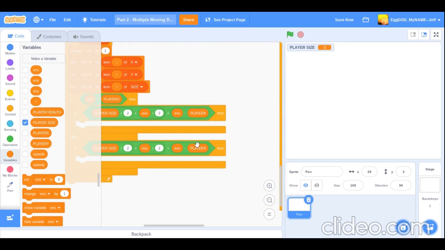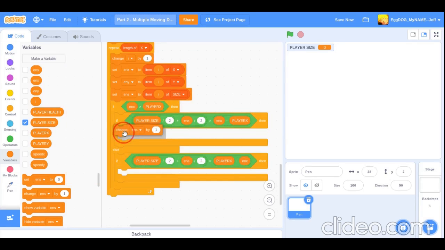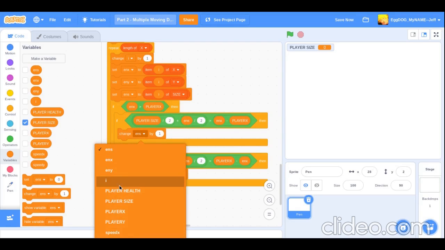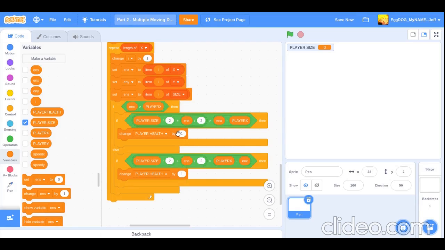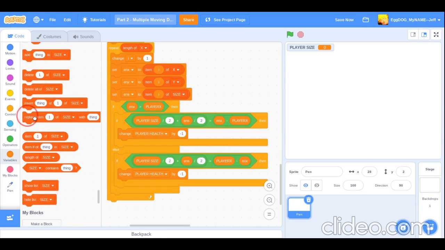Duplicate the subtraction, and we'll just switch places here. Oops. If it is, in both situations, we're gonna change player health by, you can decide, but I'm gonna do, my player health will be 10, so I'll do -1, -1. Let's just do this for now. We'll replace